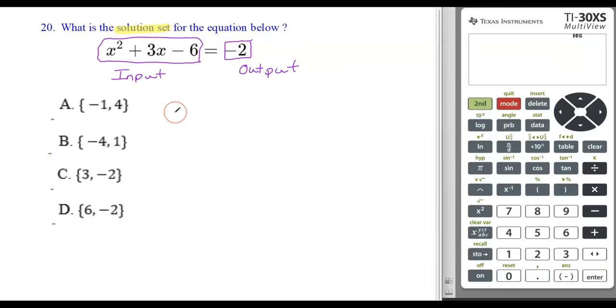Well, that's a little complicated. I can use my calculator to really help with this. So what I'm going to actually do is plug in this piece on the calculator, my input. The way you do that is you simply go here to the table, right here. You might get some funny stuff in there. If that happens, hit clear. Just clear that out. Now what I'm going to do is plug in my input, the whole left-hand side of the equation, where it says y equals. So we'll go x squared